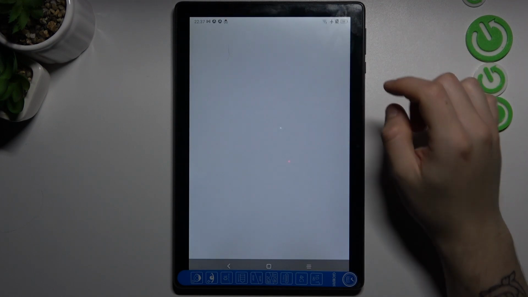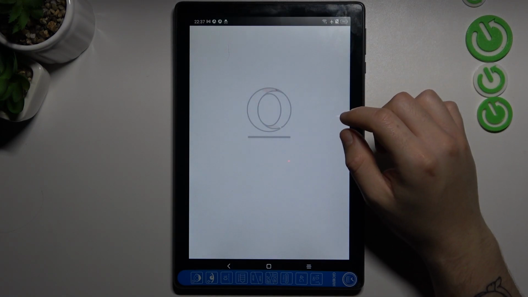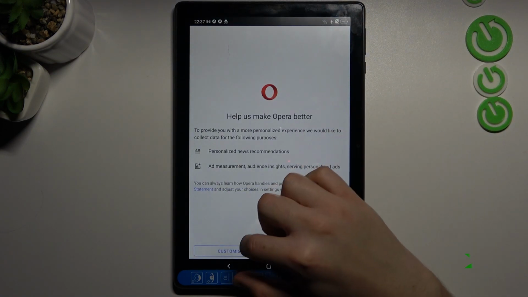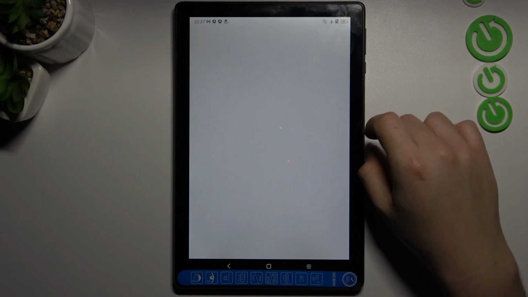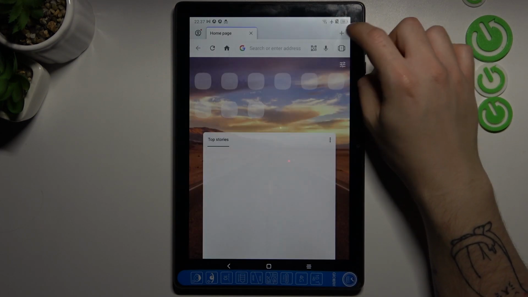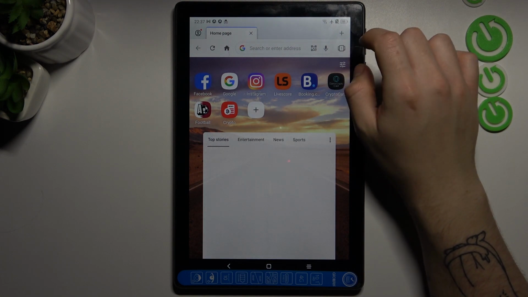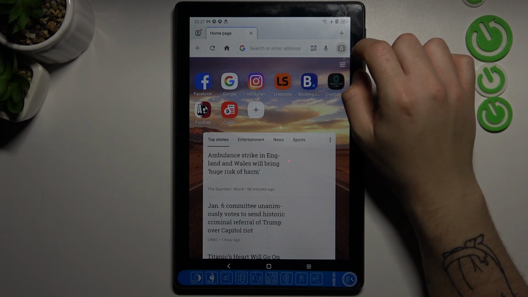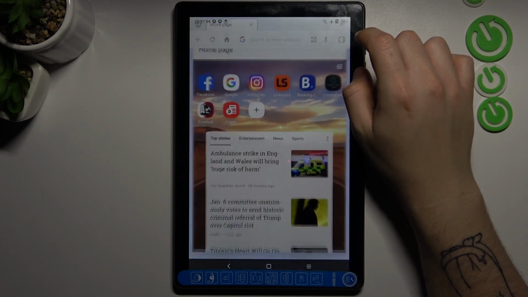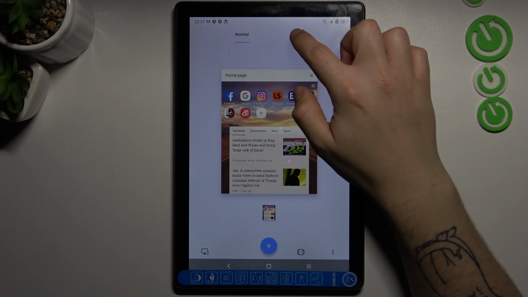And the last one, Opera. In the Opera web browser, just click here on this little tab icon. Now switch to the